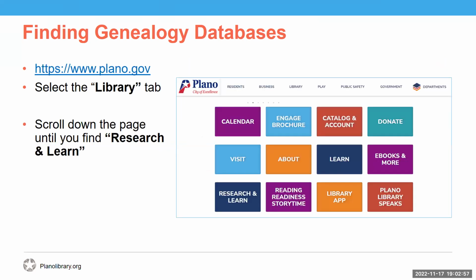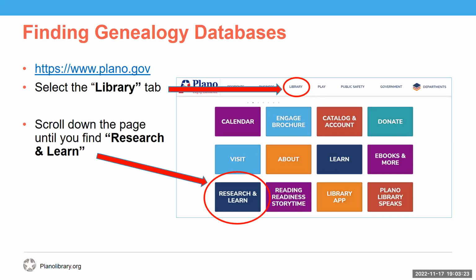Another option, and it's easy to remember, is the city's website. Just remember plano.gov, and you select the library tab. That'll get you to the library's page. And this set of colored boxes here is well down the page. You'll just have to scroll down the page a good ways, and then you'll find the Research and Learn